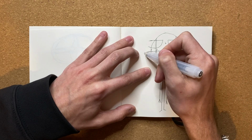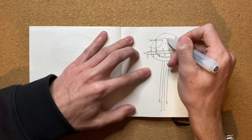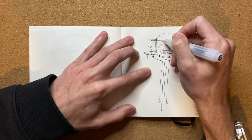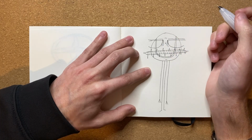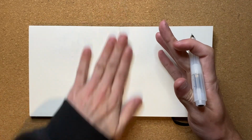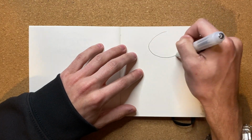I'm going to just add some extra little details to try to convince myself whether to stick with this or to start a new drawing, one way or the other. But I'm kind of thinking, while I'm not really unhappy with this drawing per se, I just think I could do better. And so I think I'm going to try to do a little bit better. I think I'm going to give this another go. So let's flip over to the next page, and now that we are on the next page, let's go ahead and draw another circle right here. Oh, that's...